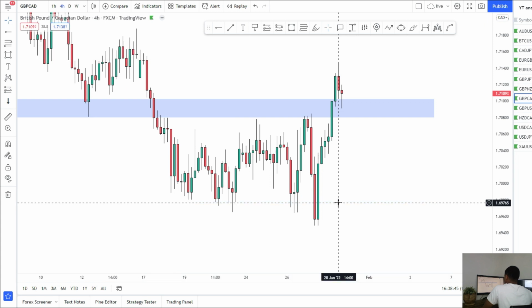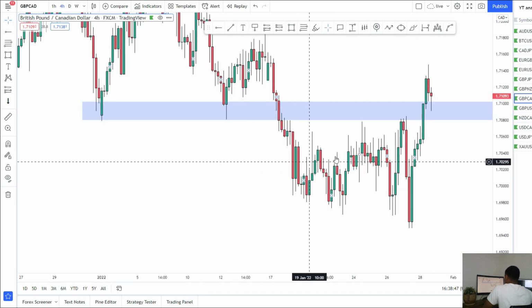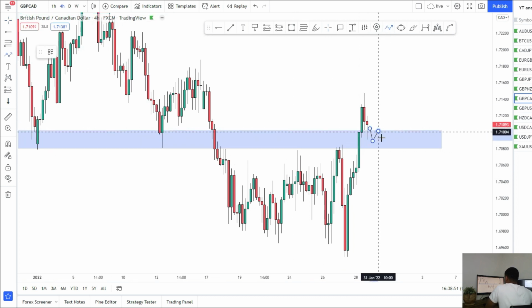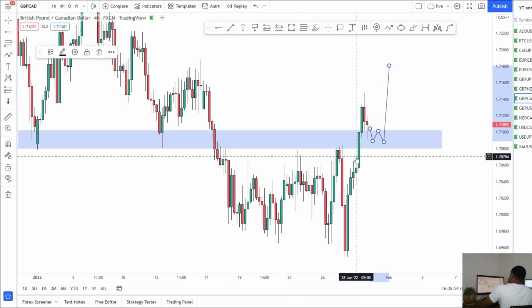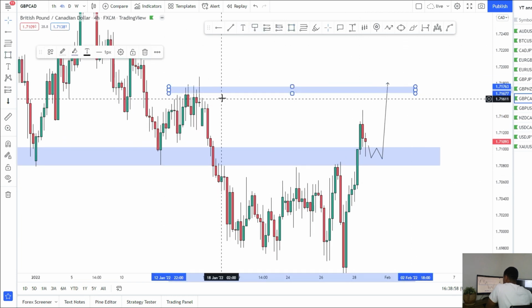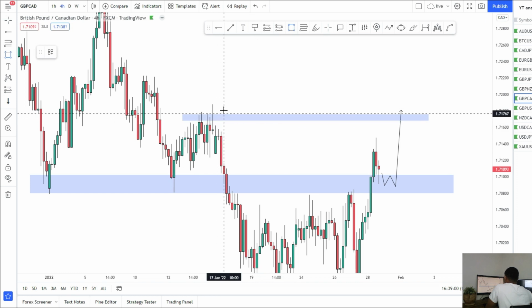So pound CAD now trading above this level at 1.71. So next week potentially could see some upside if we can stay above and now hold this as support, especially if that breakout on the daily is happening. So targets to the upside will naturally be these previous lower highs. So that will be the first target,